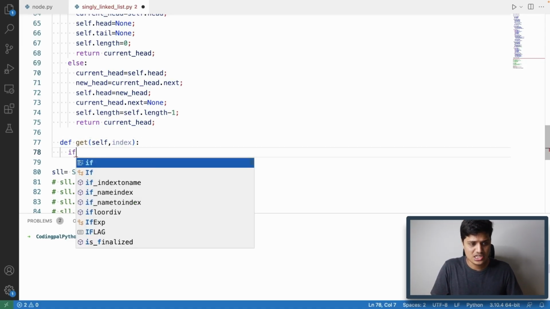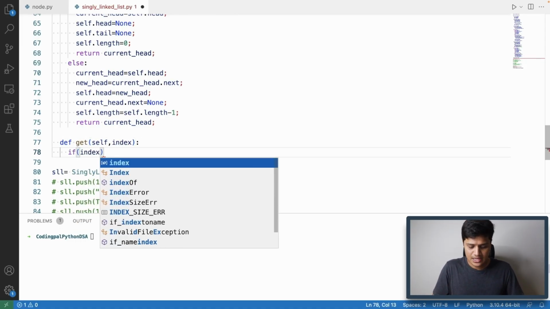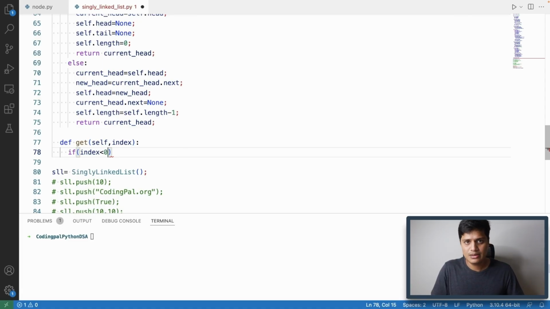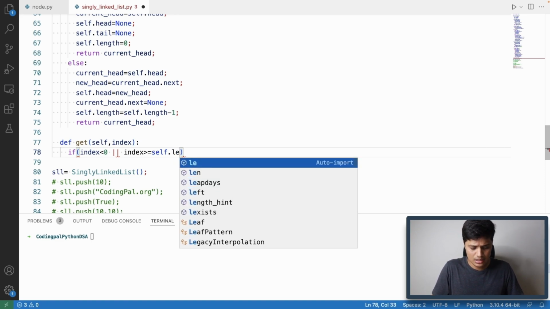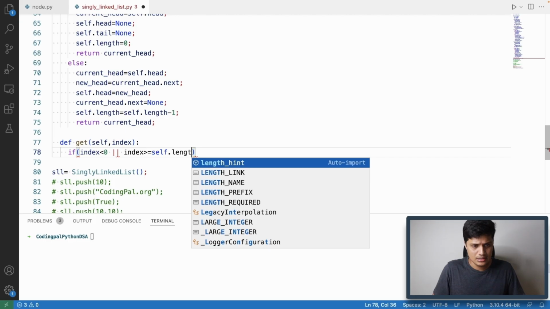To support such cases, if the index is less than 0, that means the user has passed a negative index which is not available, or if the index is greater than or equal to the length of the singly linked list, self.length,